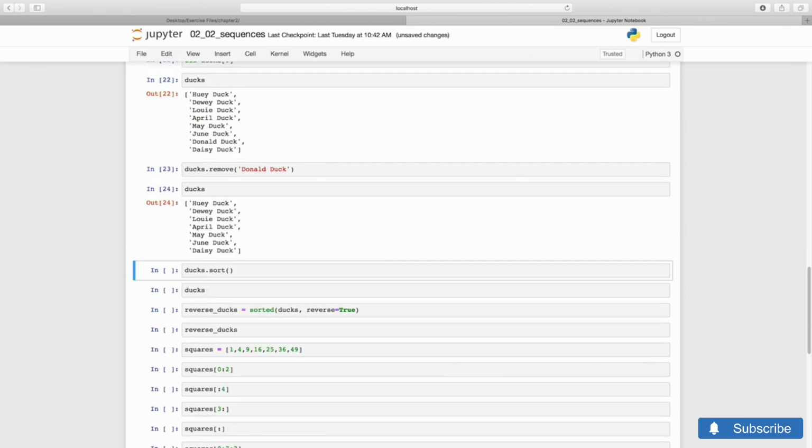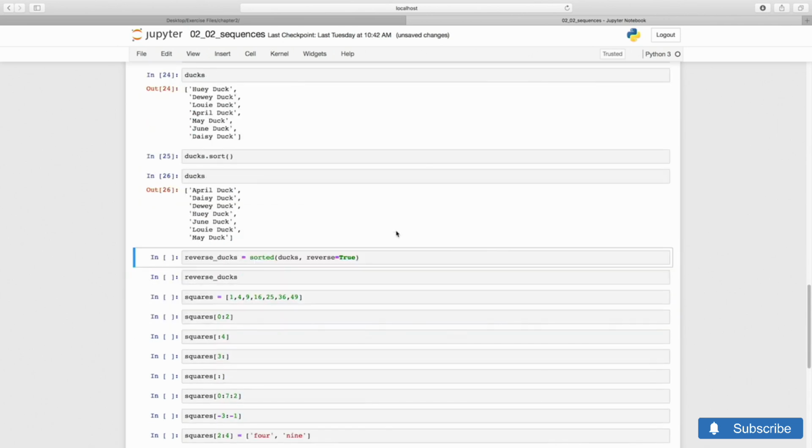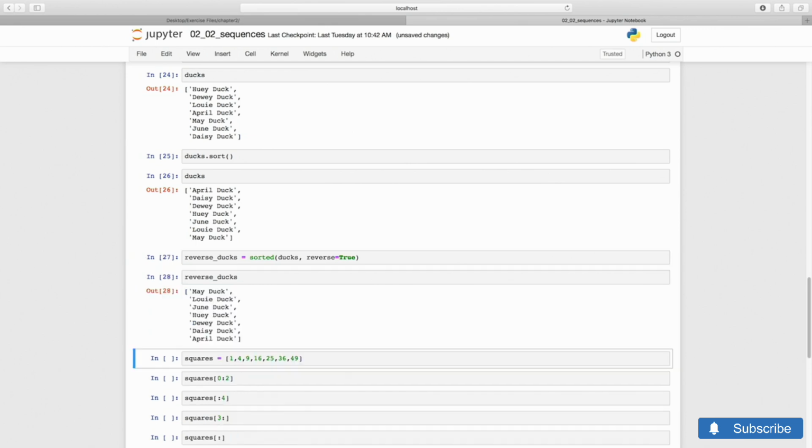If we want our lists sorted, we can do this in place, so we modify an existing list with sort, or we can make a new sorted list out of an existing one with sorted, which demonstrates also how to sort backwards. All of this should be very basic to you if you have worked with Python in the past.